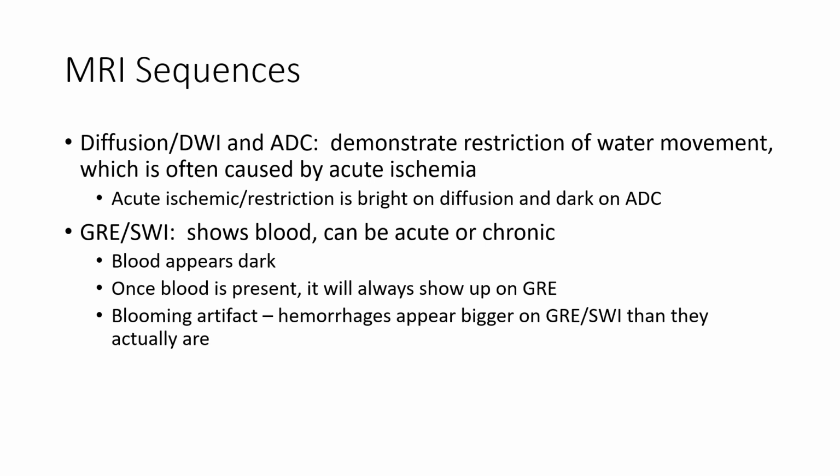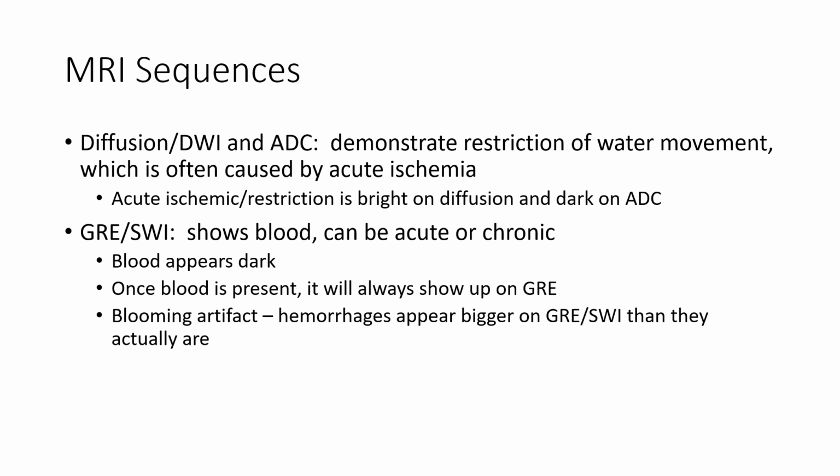The final image to talk about is something called gradient echo imaging, or GRE. It's also sometimes called susceptibility weighted imaging, or SWI. And these types of sequences show us blood, and that blood can be either acute or chronic. It does not help us date the blood because acute and chronic blood look exactly the same. The blood appears dark on these sequences, and once it's present, it is always going to show up on GRE